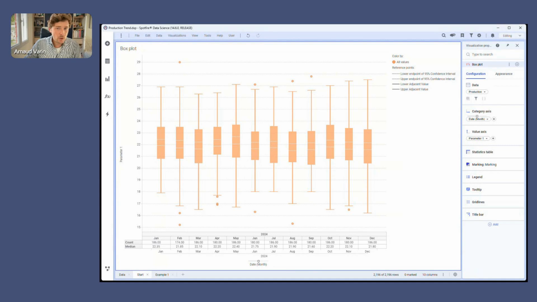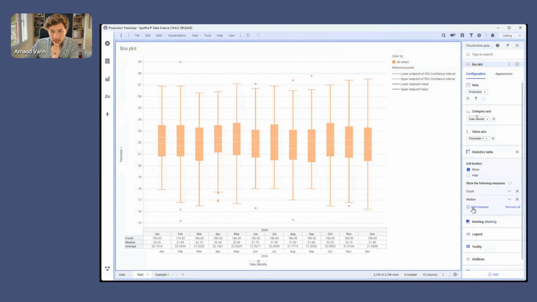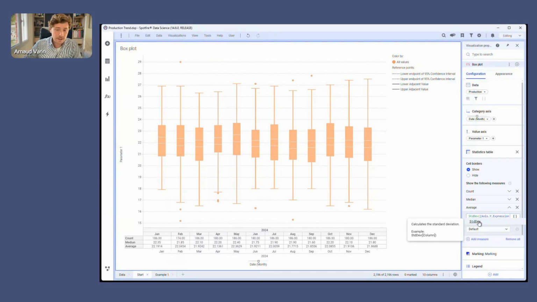And before going through reference elements, I want to show you what's new on the box plot and some of the new capabilities. First thing we are adding, and it's from the statistic table here, you see you can add measures. So you can either add measures that are built in the product, or you can now type your own. So I can add standard deviation, for instance,